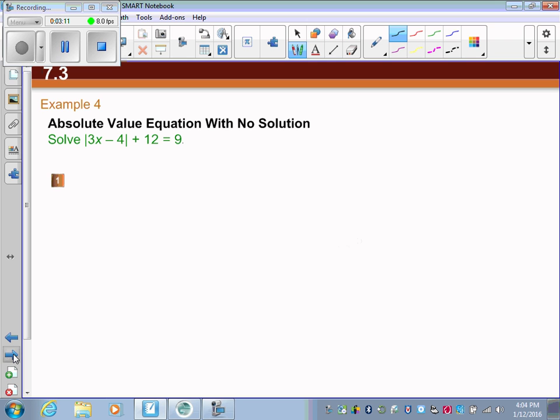Now there can be situations where you have no solution. Recall, absolute values can never equal a negative answer. So take a look at this question. I don't even need to really worry about cases right away because I'm just going to use inspection or common sense. If I rearrange this so that my absolute value is on one side, and I bring the 12 over to the other side,